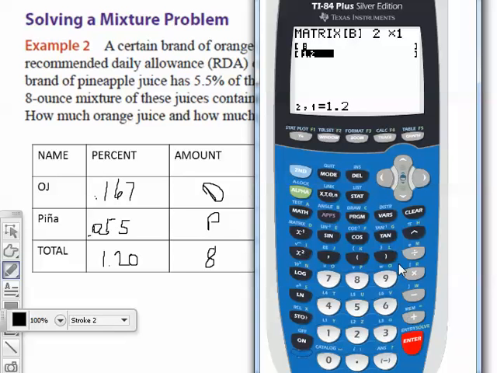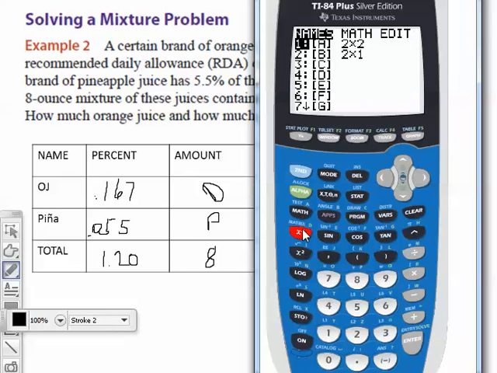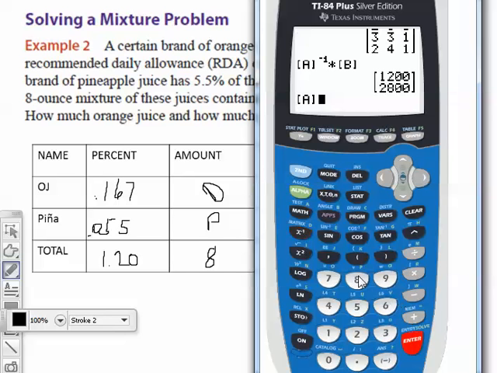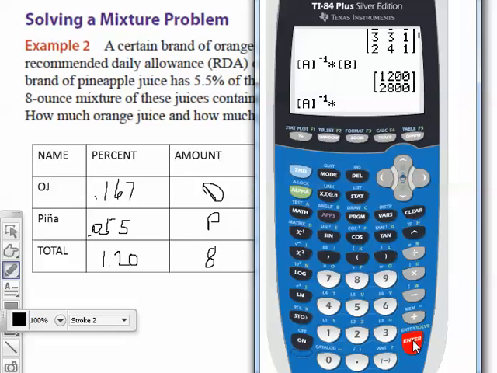Enter. Okay? Second quit, second matrix, clear, thank you. Second matrix, A, inverse, times second matrix, B, and hit enter,